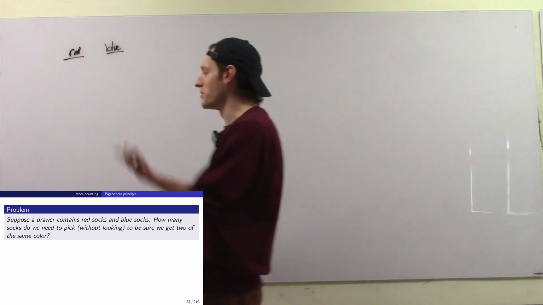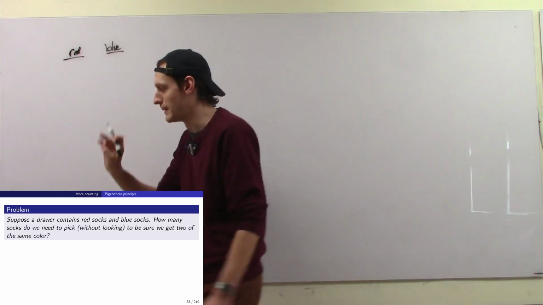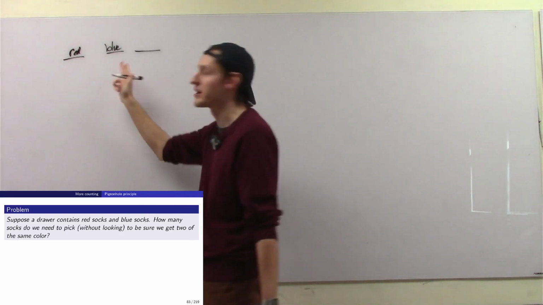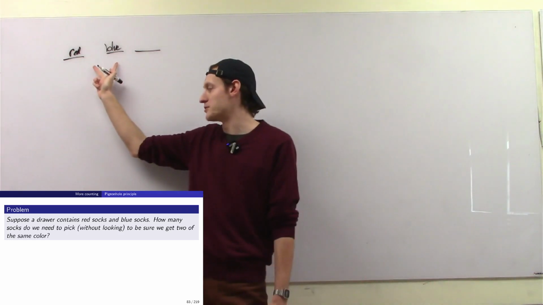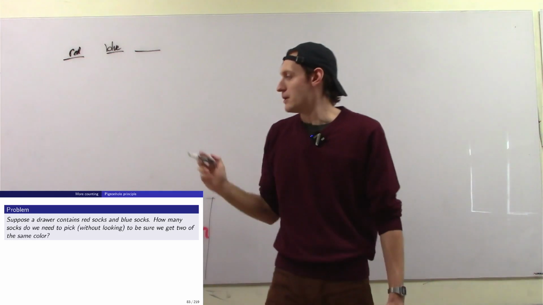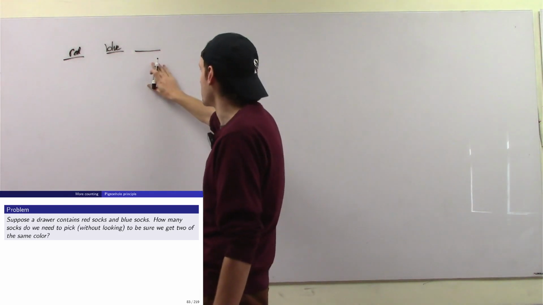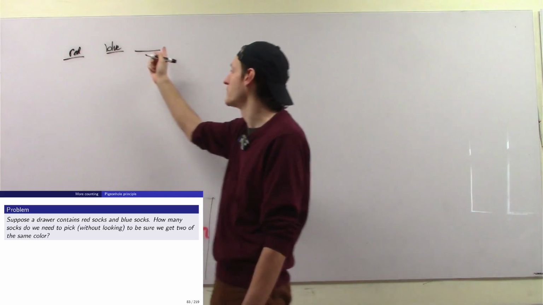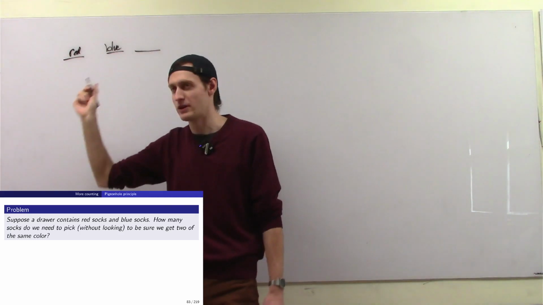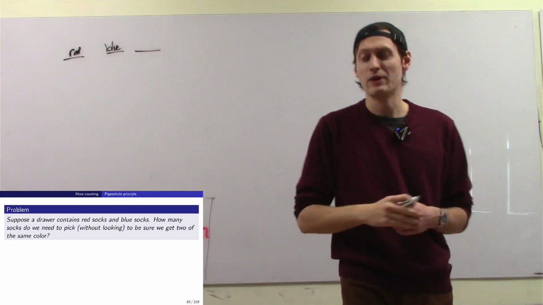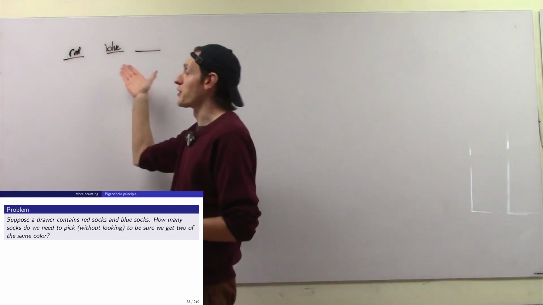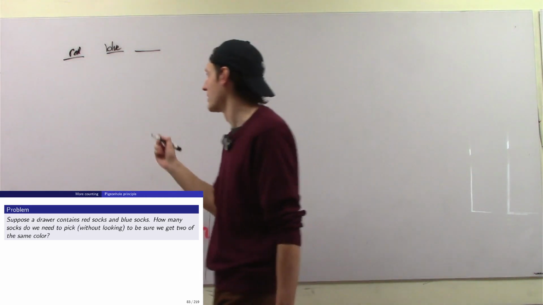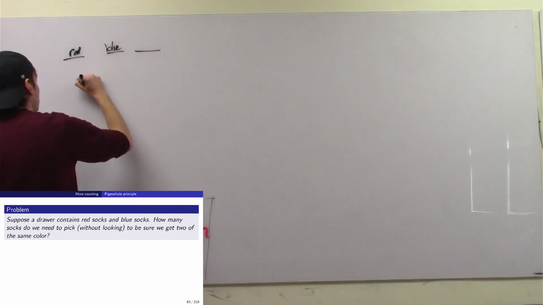But suppose this happens. I could have also drawn 2 red or 2 blue. I draw a 3rd sock now. So either I got 2 red or 2 blue in my first 2, or I had to have gotten 1 of each. If I have 1 of each, when I draw this 3rd sock, in the case of it being red, it forms a pair with the first draw. Or in the case of it being blue, it forms a pair with the second draw. This is the key insight: if I draw 3 of them, at least 2 of them have to be the same color. And this is going to be a flavor of things going forward. The idea here is no matter what,